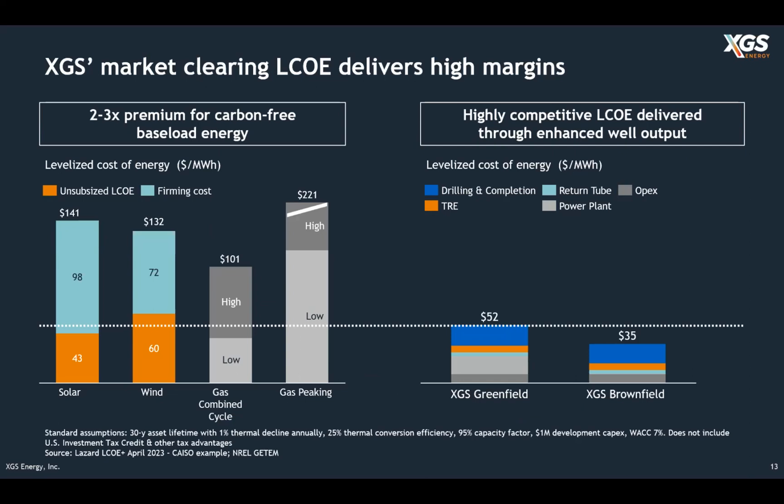So the technology is very, very interesting. Let's look at economics. When you look at the levelized cost of energy or electricity, looking at alternative solutions from the renewable world, or either gas combined cycle or gas peaking, you can see that comparing the overall LCOE, dollars per megawatt hour, we are really looking at very lucrative numbers,